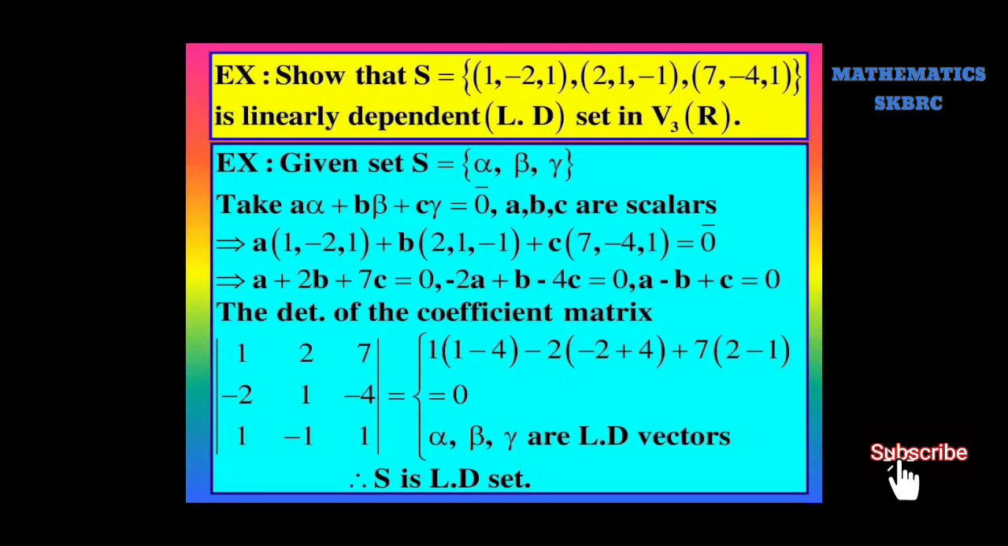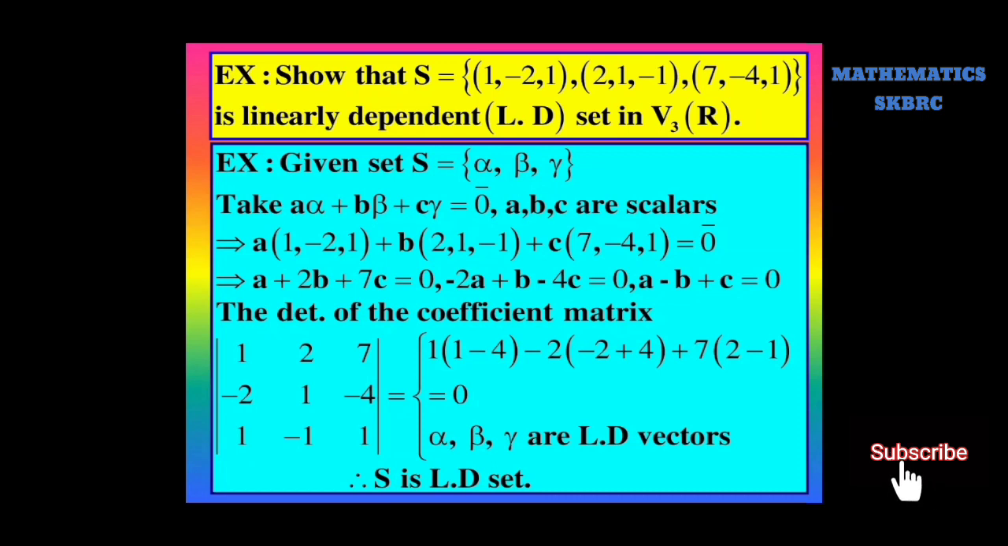Similar example: show that the set S equal to the set of (1, minus 2, 1), (2, 1, minus 1), (7, minus 4, 1) is a linearly dependent set in V3(R). Given set S is equal to the set of alpha, beta, gamma, where alpha equal to (1, minus 2, 1), beta equal to (2, 1, minus 1), gamma equal to (7, minus 4, 1). Similarly, we proceed as in the above problem. We get the system of equations A plus 2B plus 7C equal to 0,